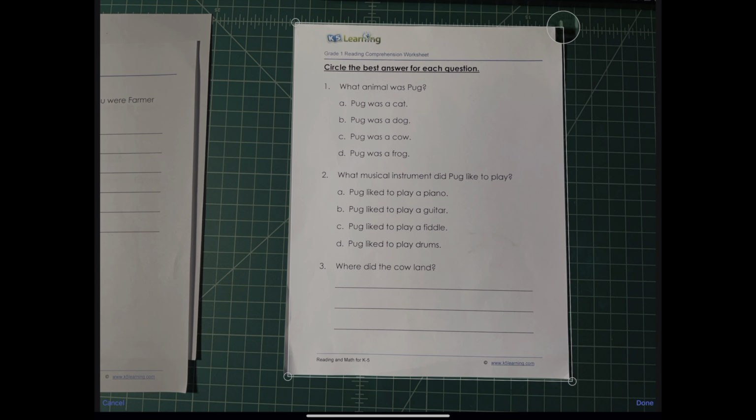Simply drag your finger near each corner you want to adjust. It will magnify the area so you can perfectly line up the corners. I usually only fix the images if they come out really bad. When you're finished, press the Done button in the bottom right-hand corner of the screen.